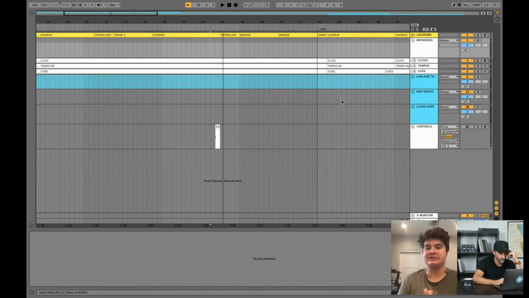Because that stuff does happen and it's important to be able to move around. You don't want to be controlled by your tracks. You want to be able to control them. But it can be a little bit difficult to do when you're on stage. But it's totally possible, especially when you got stuff like a loop mix next to you.